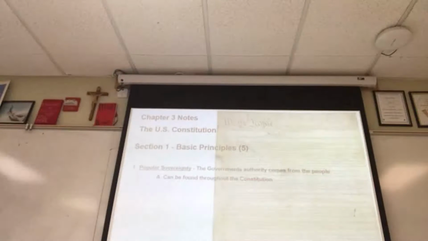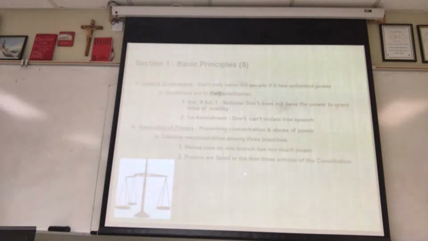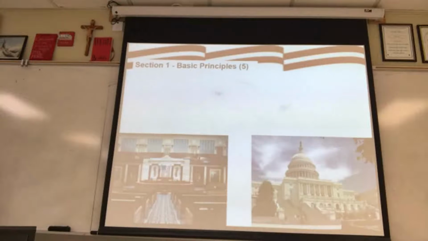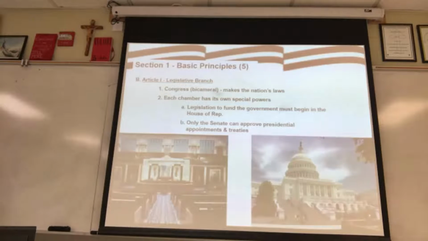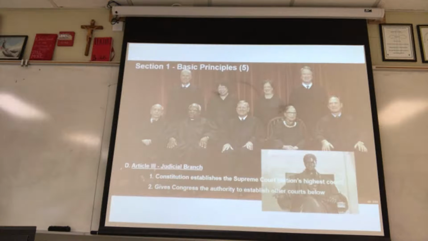5 basic principles, starting with popular sovereignty, limited government, separation of powers, and then this one gets kind of long because you talk about the 3 branches. Okay. So we talk about Article 1 of the Constitution, legislative branch, and their role. These are separation of powers, so it's their role to make the laws, and they have some other functions as well. Executive branch is to carry out the law. That's the president, vice president, and then the Supreme Court,